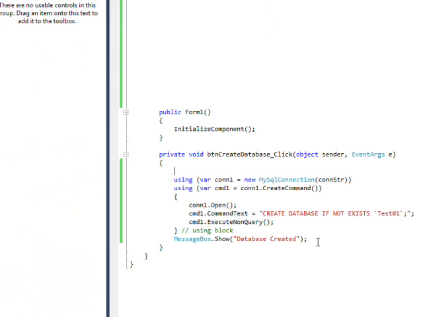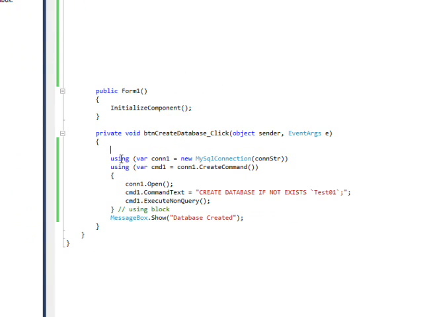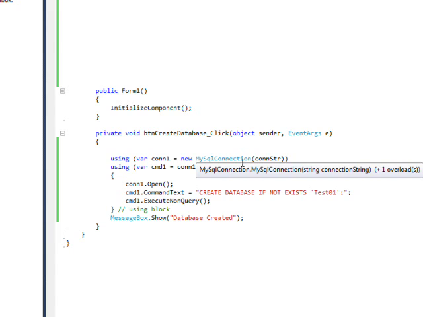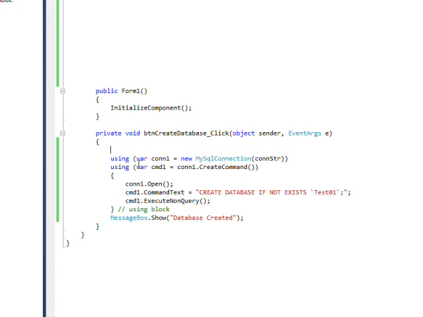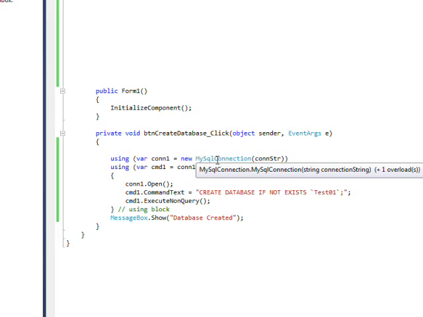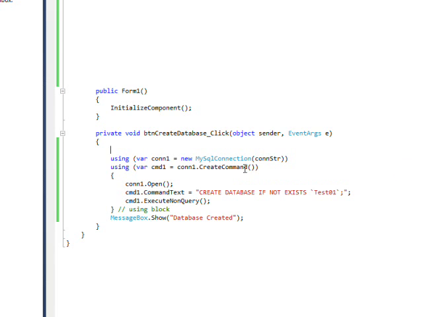If we double click on the create database button, basically I have two using statements that create a MySQL connection object and a MySQL command object. And the MySQL connection object's directly named as MySQL connection, and the MySQL command object is sort of indirectly implied by using the MySQL connection and a create command. And then we open the connection with the con1.open within the scope of these two usings, and then we set the command text of the command to create database if not exists